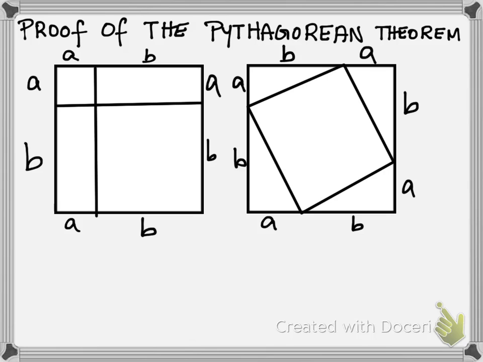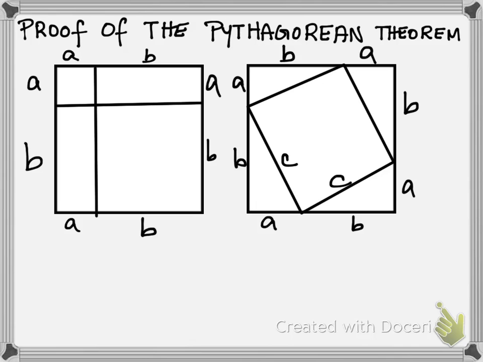And in the square to the right, you cut the square again with diagonal lines that form four triangles that have a base of a and a height of b. Now let's label the right square: the small square inside has edges c by c. Now these are all identical triangles, so the hypotenuses all have side c, so it is in fact a square